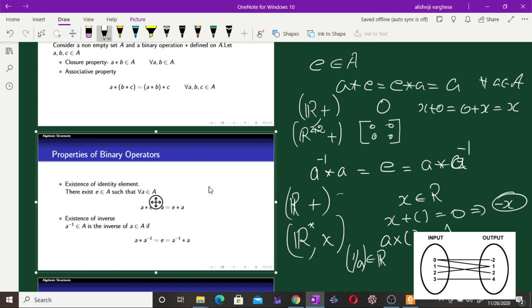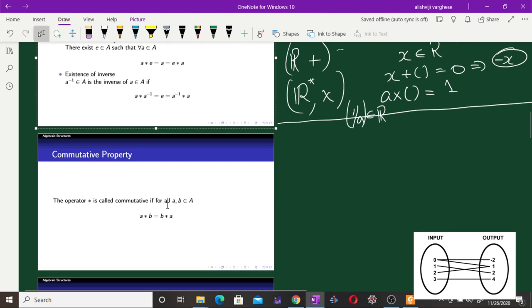Then when we consider the 2 by 2 matrices, not every matrix of the form A, B, C, D possesses an inverse under multiplication. Under addition, we have the inverse of A, B, C, D as minus A, minus B, minus C, minus D, in such a way that A, B, C, D plus minus A, minus B, minus C, minus D is equal to 0. So that's the inverse under addition. But under multiplication, not every matrix possesses an inverse. Only matrices with non-zero determinant will possess